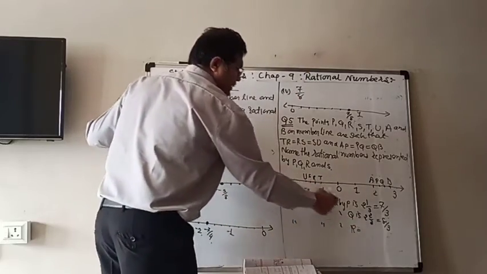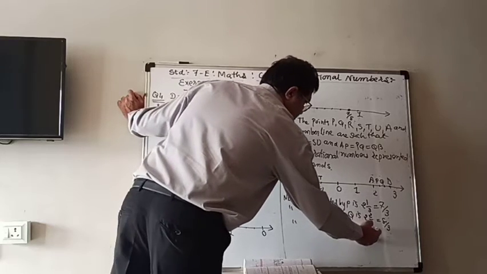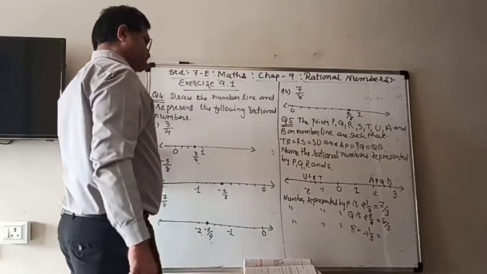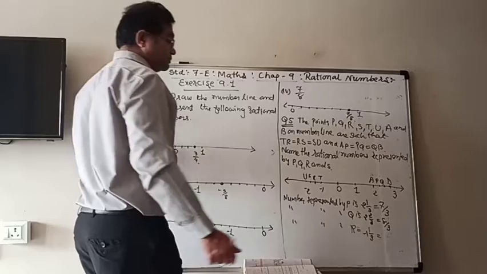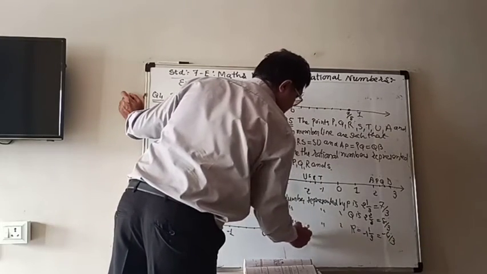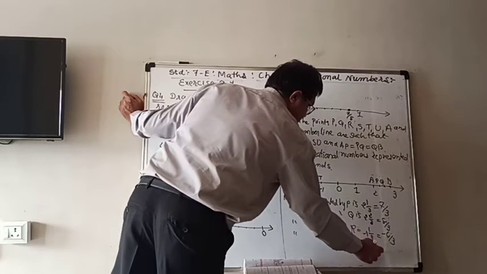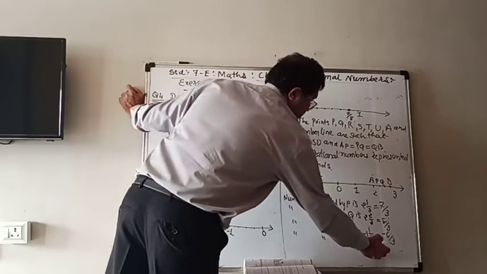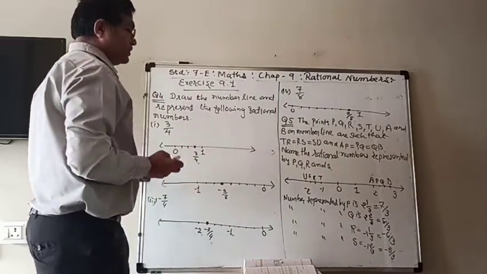But after -1, so -1 integer 1/3. And that is 3 1s are 3, -3 plus 1, minus 4/3. And similarly, the number represented by S will be -1 integer 2 upon 3. 3 1s are 3 plus 2, 5. So that number is minus 5 upon 3.